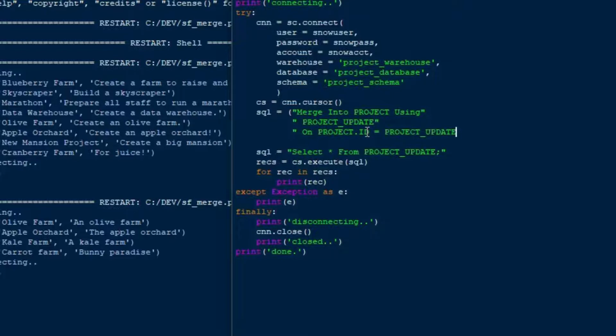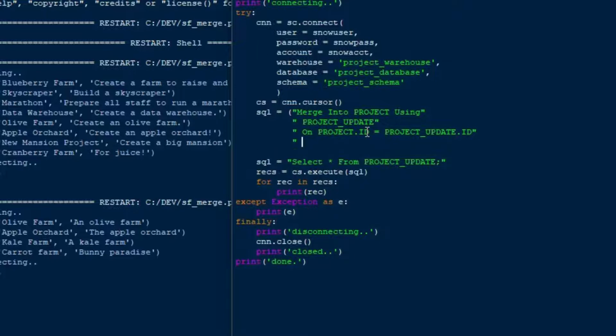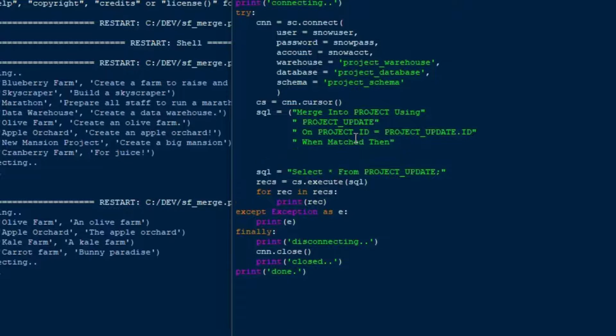Like when you do a join, we'll say on whatever fields you're going to join on. In this case, it's just project.id is equal to project_update.id, and then we can say when matched,